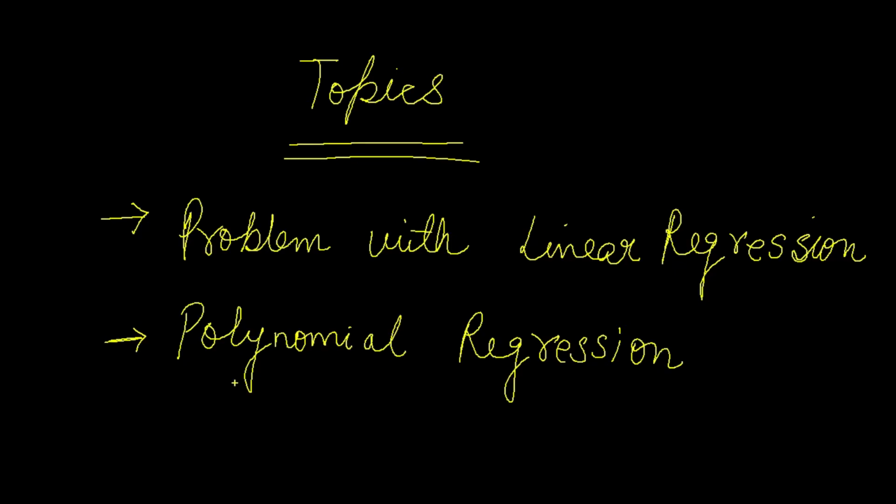In the last video, we had studied the implementation of linear regression on a real world dataset. We had studied the house price prediction dataset for predicting house prices. Today, we are going to study another type of regression, that is polynomial regression. We will see what problems we have with linear regression, and that's why we need to switch to polynomial regression. Today, we're going to discuss the few topics which are listed on your screen. Problem with linear regression and polynomial regression. Now, let's begin with the problem of linear regression.